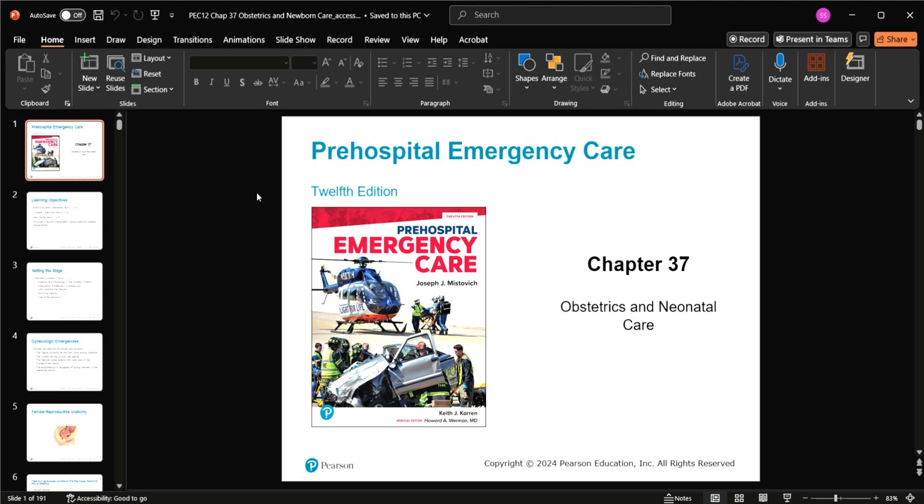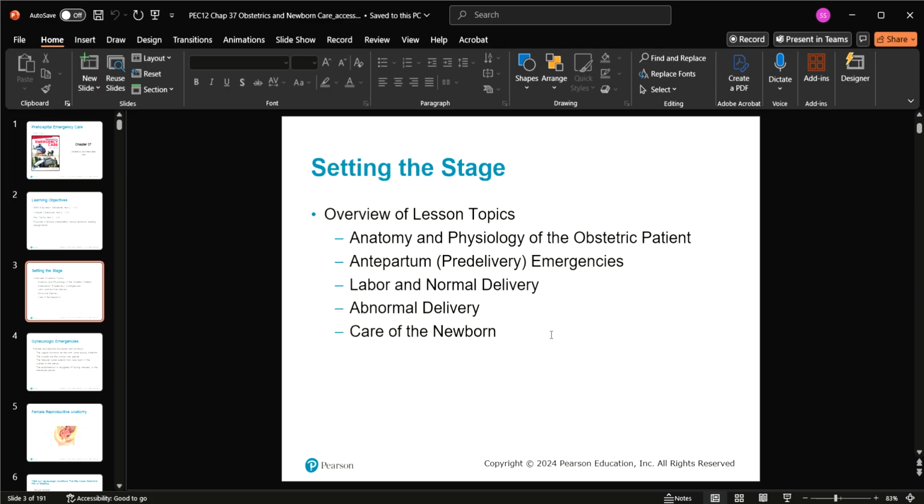All right, this is going to be OB and neonatal care. As you can see, this has 191 slides. This is going to be the bulk of your exam, because the other sections that I'm aware of were special needs patients and the combat veteran. So, going through this,